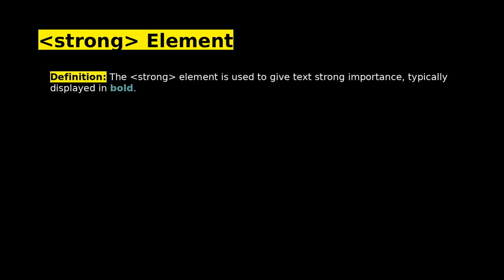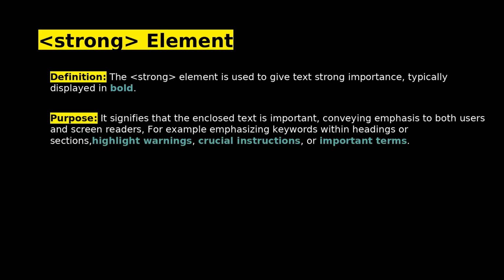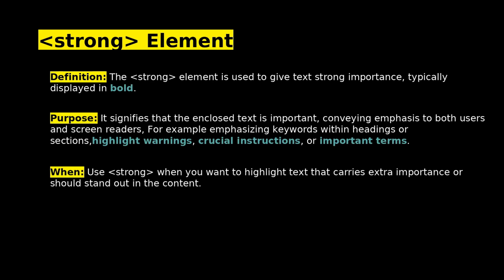The strong element is used to give text strong importance, typically displayed in bold. It signifies that the enclosed text is important, conveying emphasis to both users and screen readers, for example, emphasizing keywords within headings or sections, or highlighting warnings, crucial instructions, or even important terms. Use the strong element when you want to highlight text that carries extra importance or should stand out in the